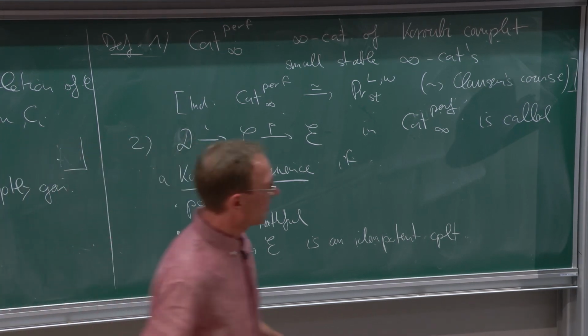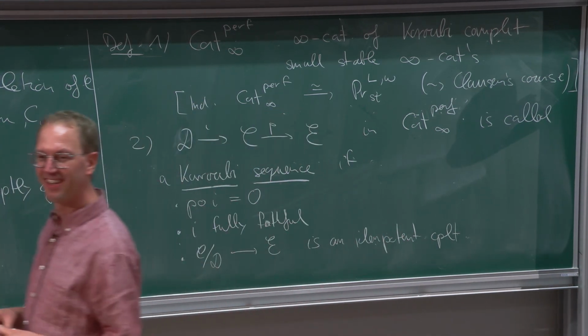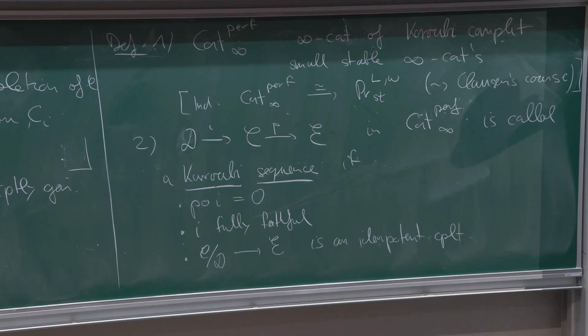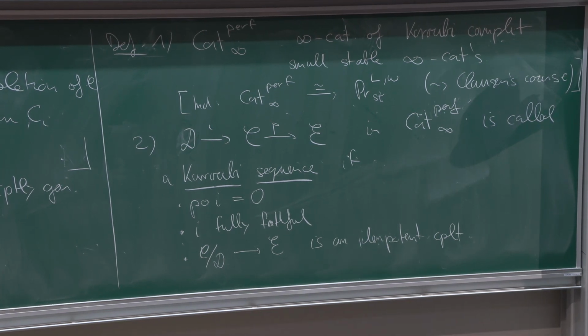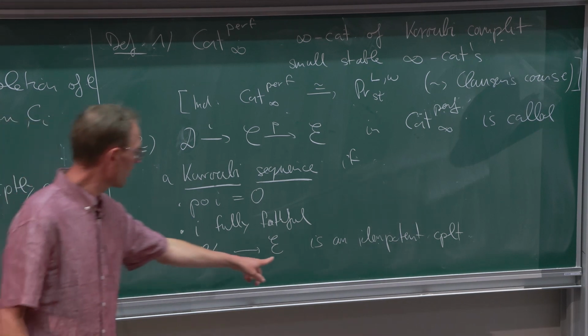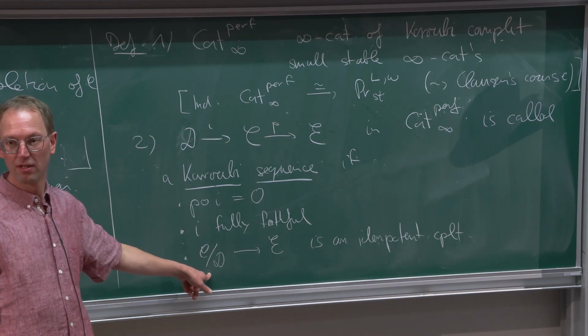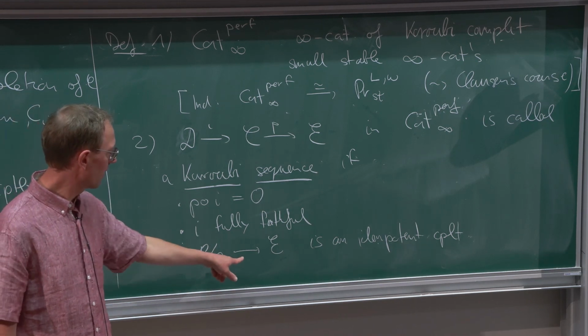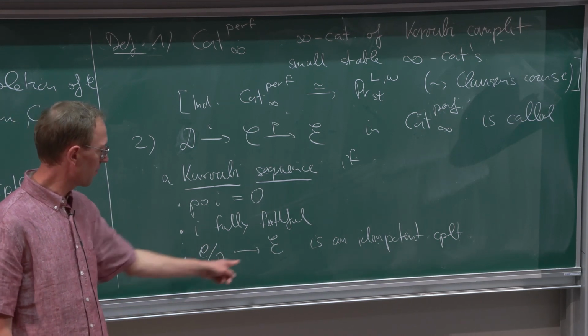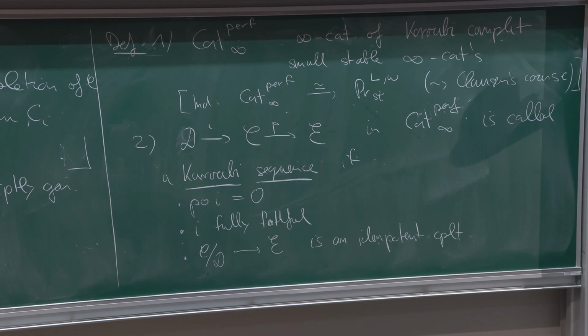Okay. Why do you require it to be idempotent complete? It's an idempotent completion. So the point is this one is idempotent complete by assumption, but the Verdier quotient in general is not. And the condition is, in other words, that this function induces an equivalence on idempotent completions. Okay, more questions?